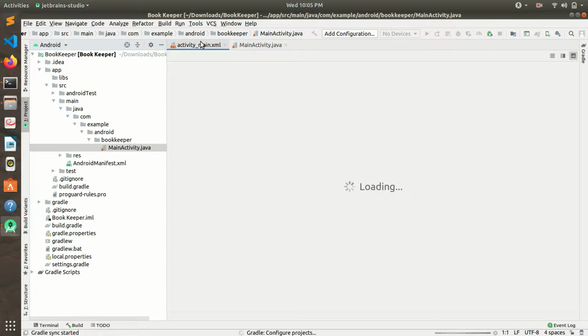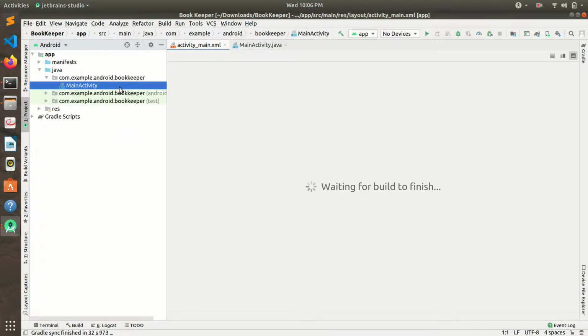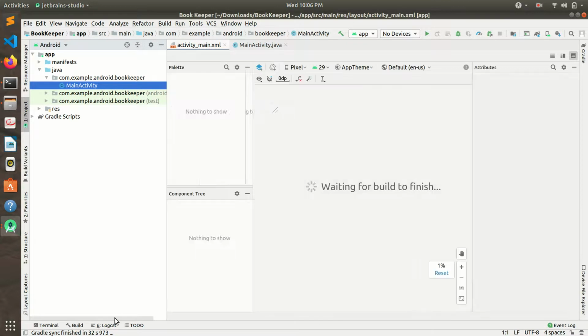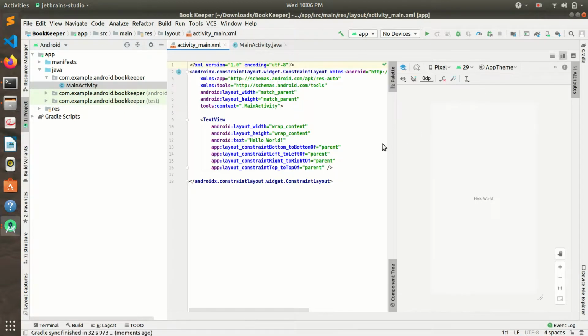So it's loading. Our Gradle is syncing, so it's taking time. Okay, it is now completed. So we will make the UI now.